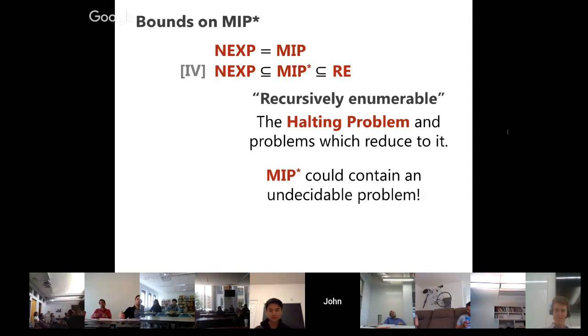And let me just mention very briefly, why can't we prove anything better? So how do you generally get upper bounds on these classes? For example, how do we get an upper bound on MIP of NEXP? Well, you find a way to simulate an MIP protocol. And what I mean by simulate is you want to run the protocol on all types of prover behaviors and see if it would accept on a given input. So it's a quantifier. You have to look at all provers and see if any of them make it accept. And if it does, it's a yes instance. So for an MIP star protocol, you'd like to iterate over all prover strategies and see if any of them